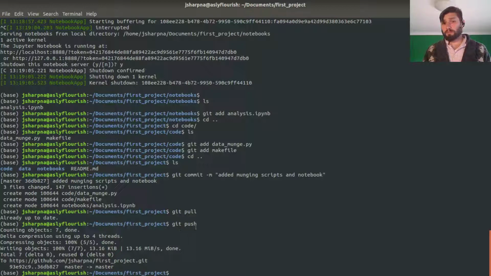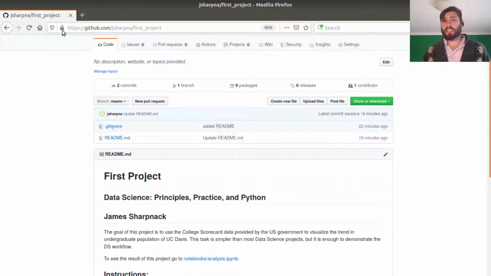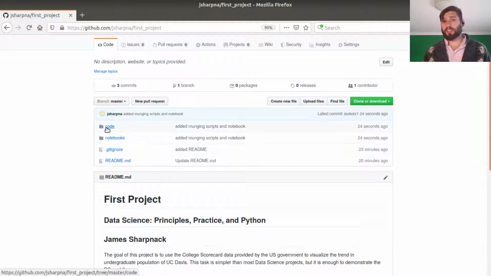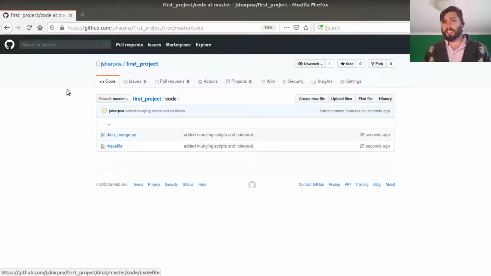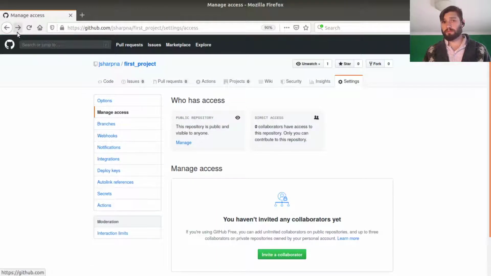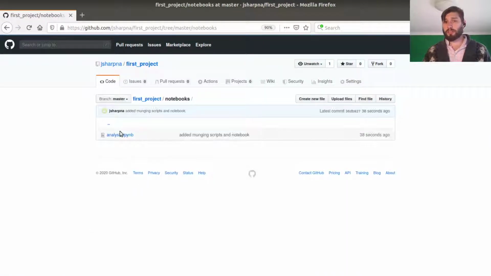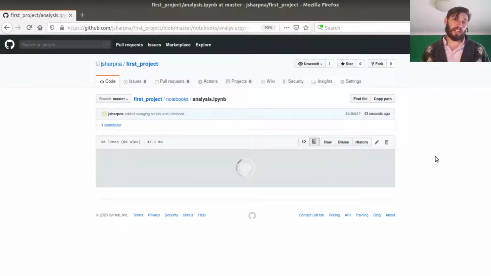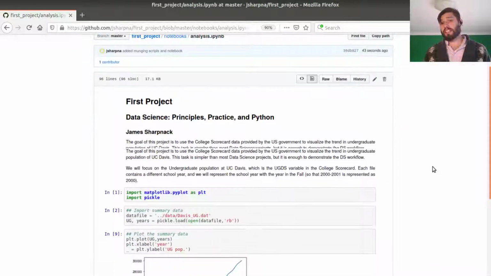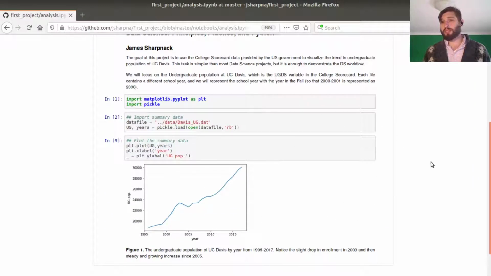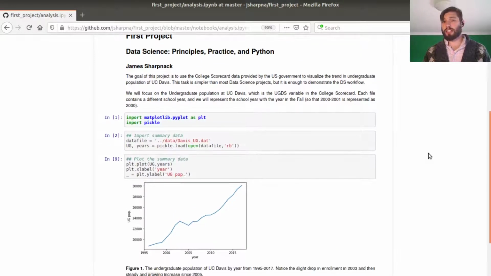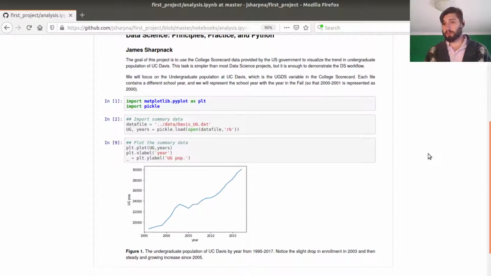So we've done all of this, and now if I go and look at my GitHub repository and refresh it, you can see all of these things added in. We have the code directory, the notebooks directory, and we have the analysis IPython notebook. If you actually go into GitHub and open up the IPython notebook, then GitHub is going to render it here. This is a really nice service that GitHub has, is they actually render the Jupyter notebooks,